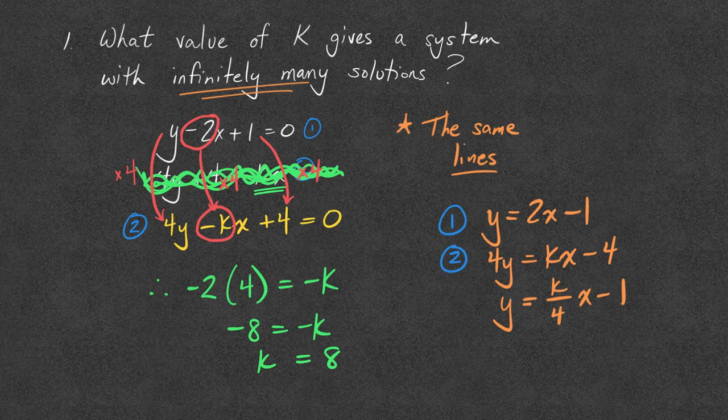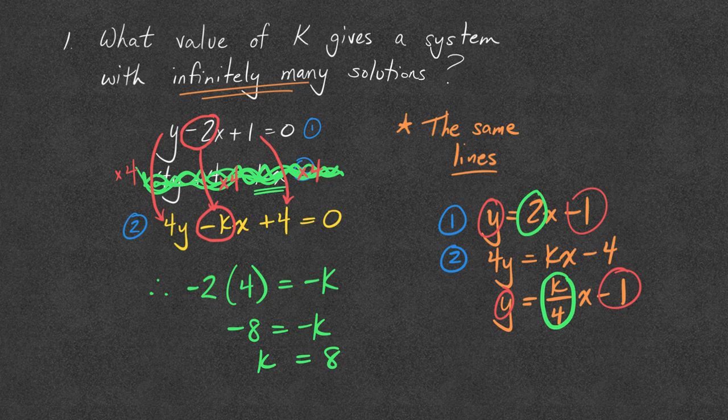Notice both of my equations start with y. I have a little confirmation. They both have the same y-intercept of -1. If these are supposed to be the same line, then they also need the same slope. And so that slope of 2 that I do know has to be the same as that slope of k